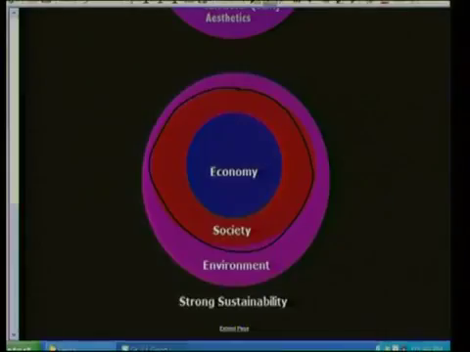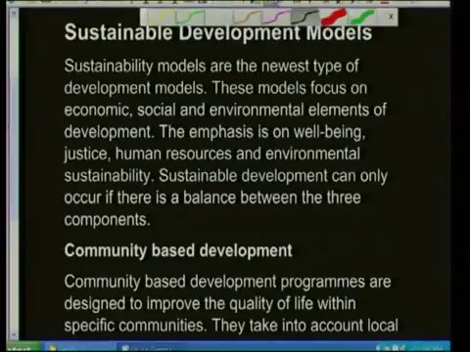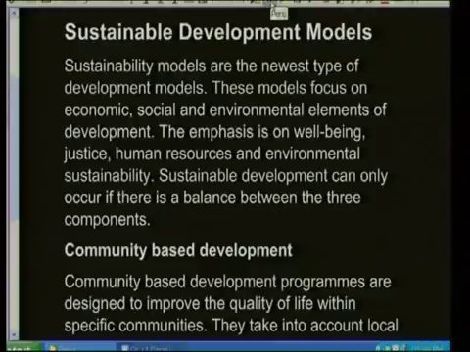And then most important, you can tell by the bigger circle, is the environment. And that is what's bringing everything together, because without the environment, economic development will not happen, nor will population development occur. All right, so in terms of our notes for the Sustainable Development Model,